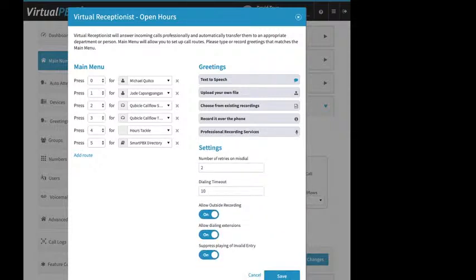And then we've got these settings. So first is number of retries on misdial. This is how many times your inbound caller can press an invalid menu option. So I'm basically saying, hey, they can mess up twice. A caller comes in and they press 7. That's once. They'll hear the greeting again, and then they press 8. They hear the greeting a third time, and if they press 8 again, the system will end the call, and it will play